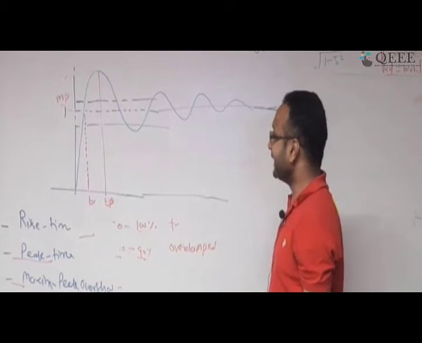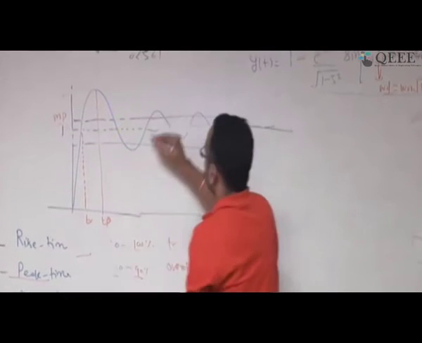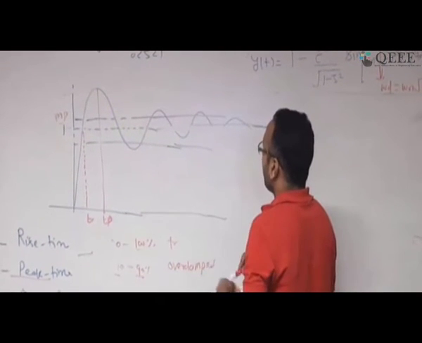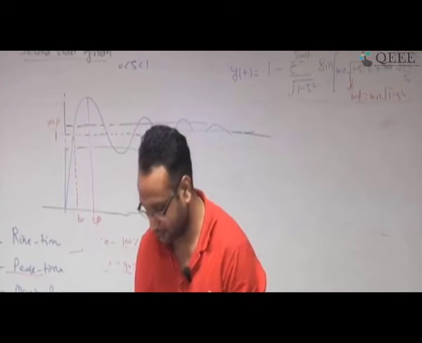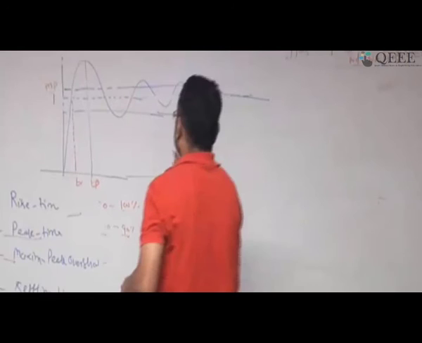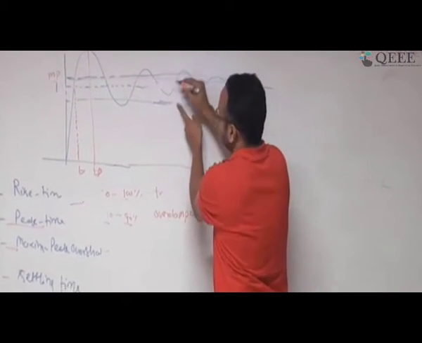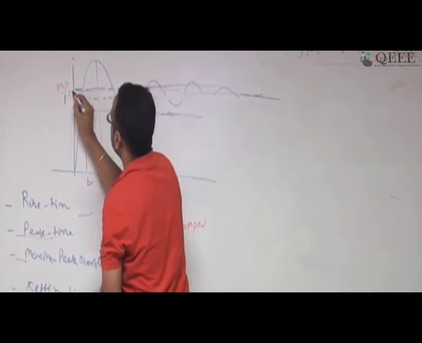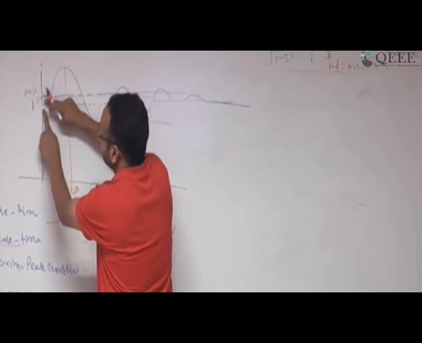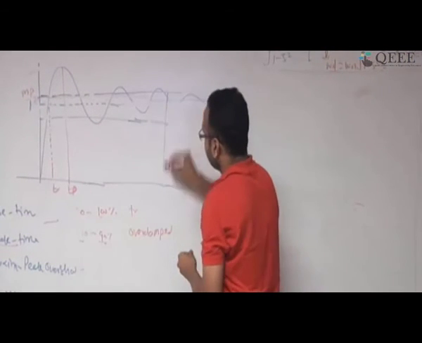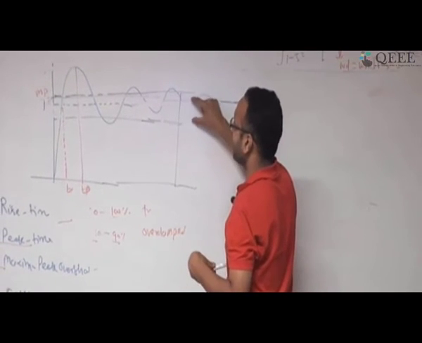For that, it depends at what time, because this is going to be oscillatory. So at what time am I reaching this zone? I can use this black marker. At what time have I reached this zone of 2% tolerance, let me call it 2% of the steady value, like plus 2% and minus 2%? So at what time am I reaching this bandwidth such that I am not coming out?